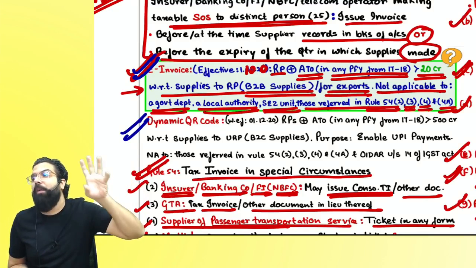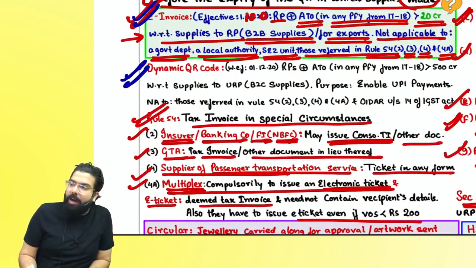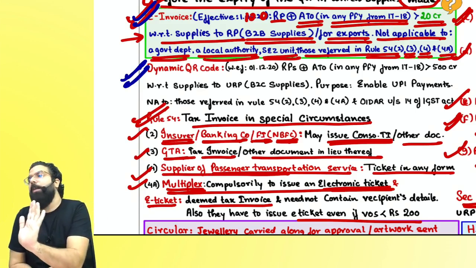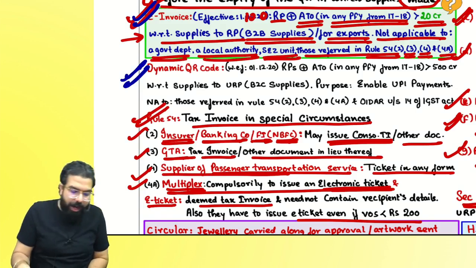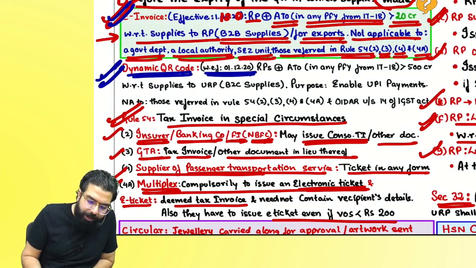That's a QR code having an embedded invoice reference number. But in a dynamic QR code, what happens? A code will be given by the shopkeeper to you so that you can scan, pay and go. Right, everyone? Now, dynamic QR code: with effect from 1st of December 2020, if a registered person whose aggregate turnover in